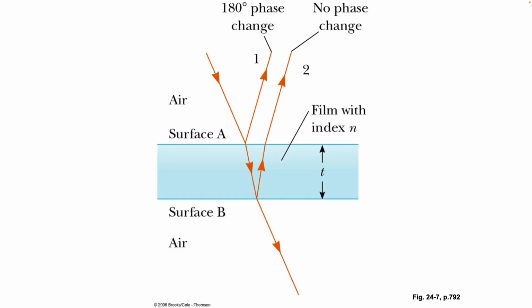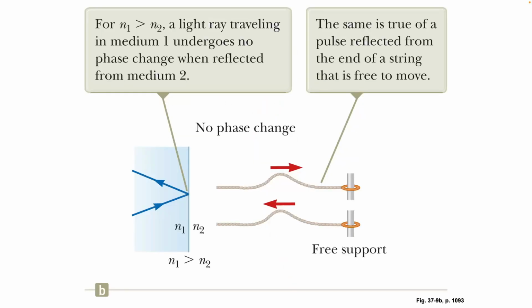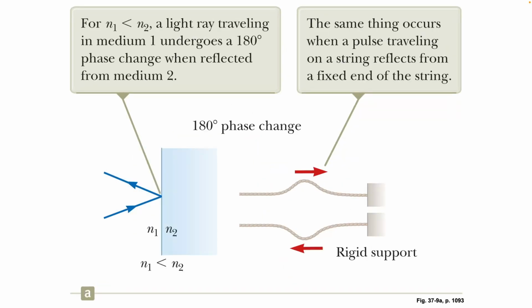Let's see. We left off last time. I think we finished off with the idea of what happens to waves when they bounce off of boundaries. In particular, light waves, when a wave hits a material that has a higher index of refraction, what happens to its phase? Back up. What's the phase of a wave?